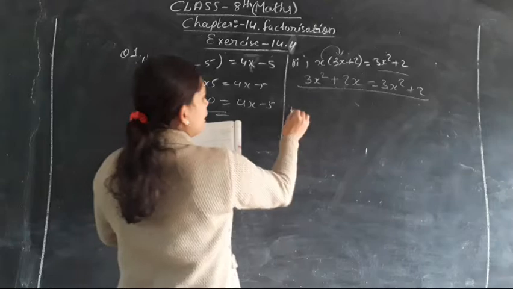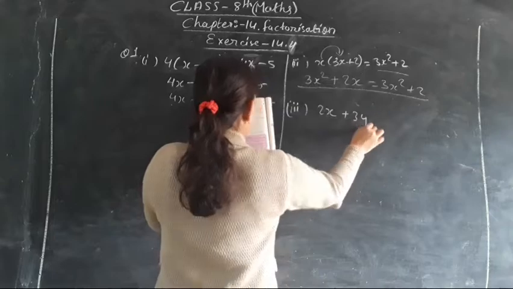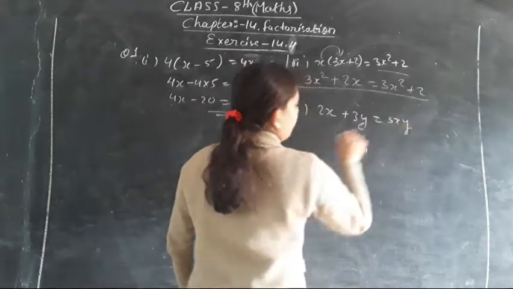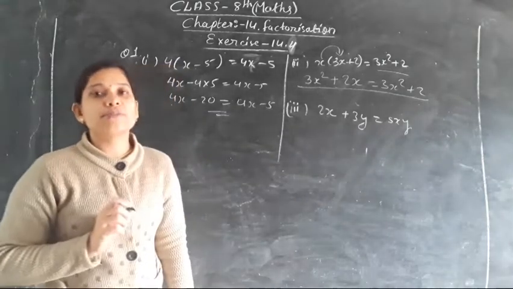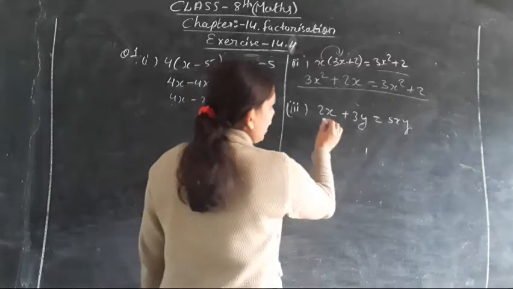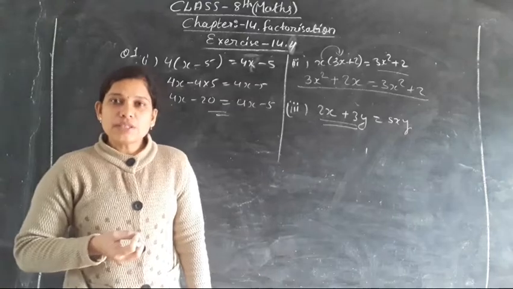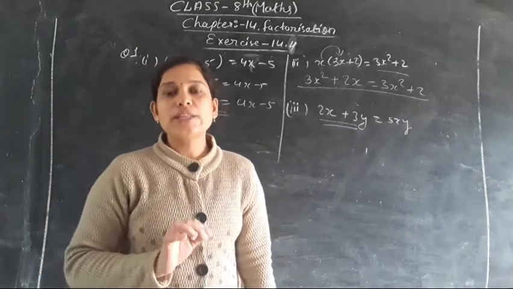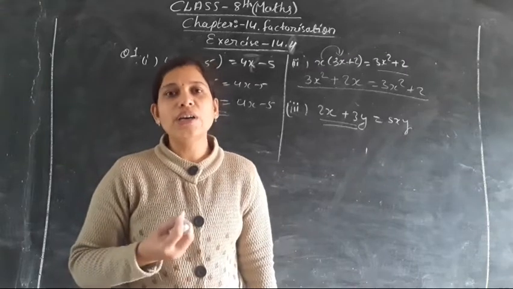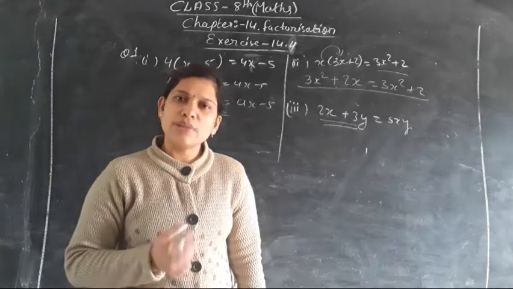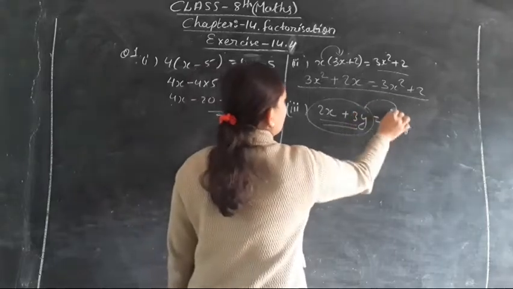Now moving towards the third part of the question: 2x plus 3y is equals to 5xy. The variables x and y are present in the multiplication form in 5xy, isn't it? So can we solve it here? No, we cannot solve it. As we know, when two different alphabets are present with numbers, we cannot add them. It is only possible to add when the alphabets are the same with the same powers. If all variables are the same, then only we can add. Otherwise, we cannot add. So this is the mathematical error over here.